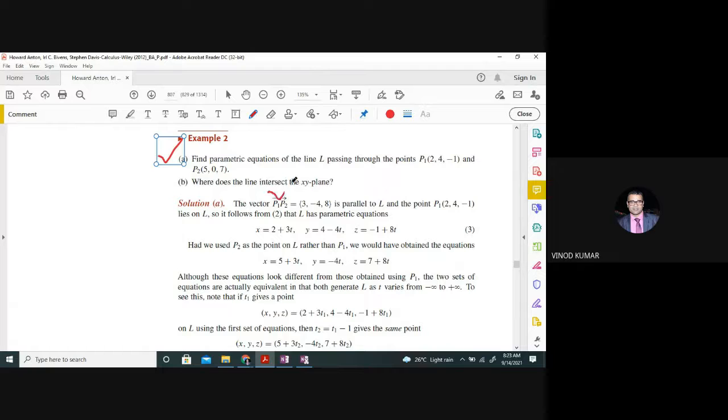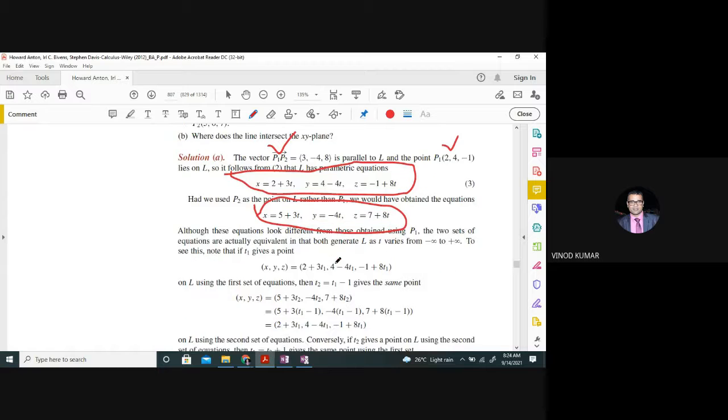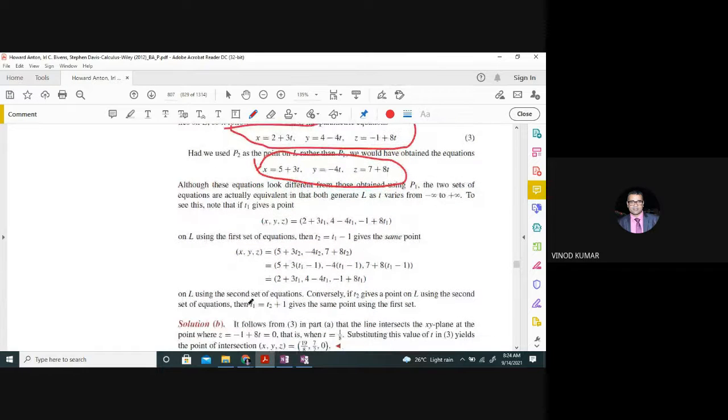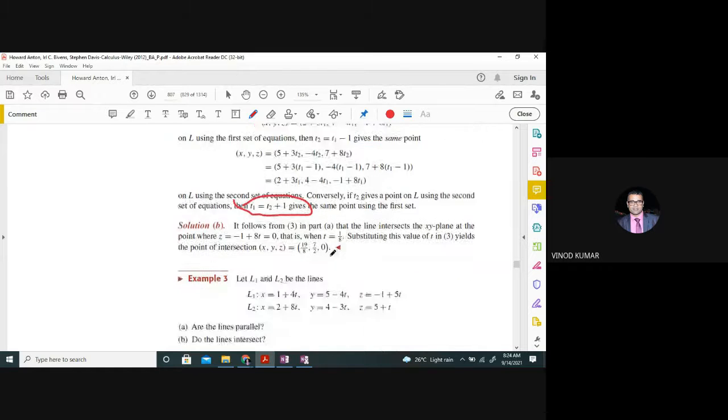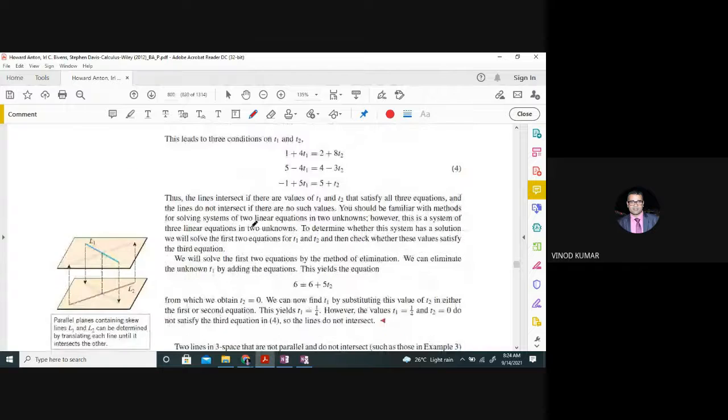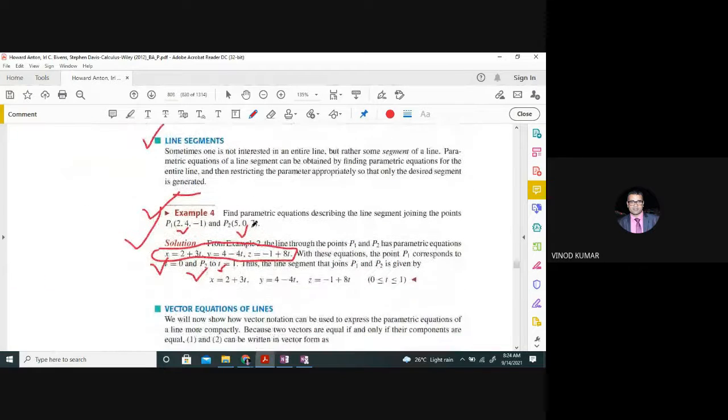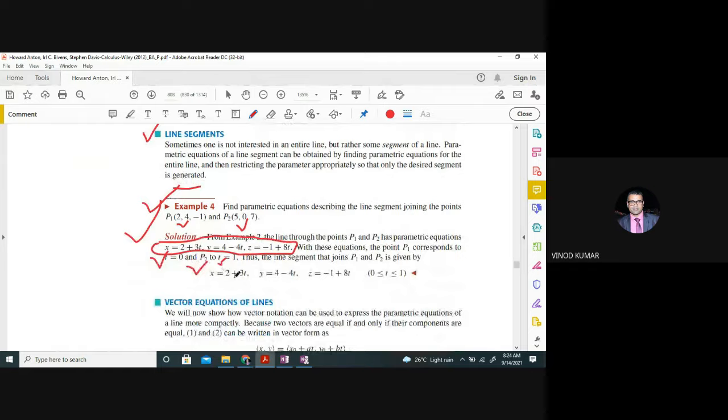So we find this vector, and then first using these 2 points we find the equation. Another way, point P2 and the parallel vector is this. The equation is this. After some calculation, we obtain these equations. From there we find this relation and we directly conclude what the choice is for this example. Okay, so this is your desired condition.